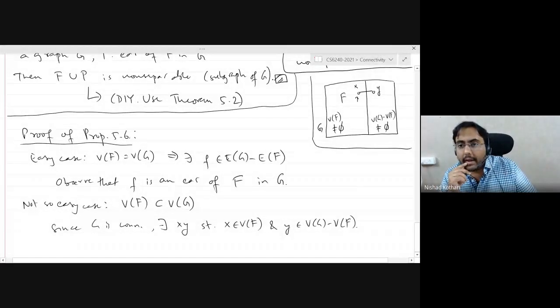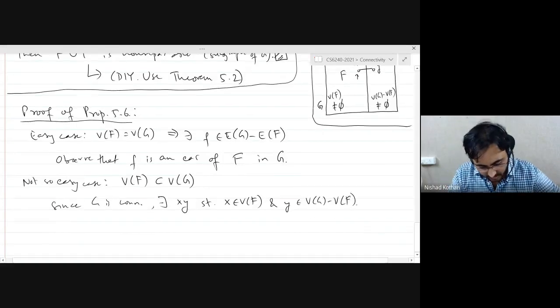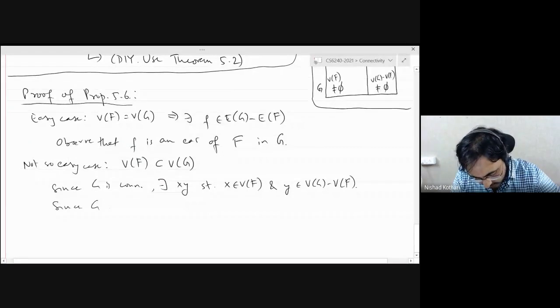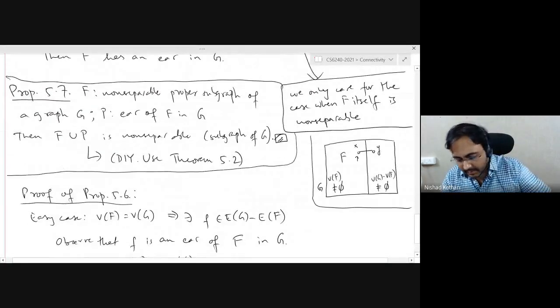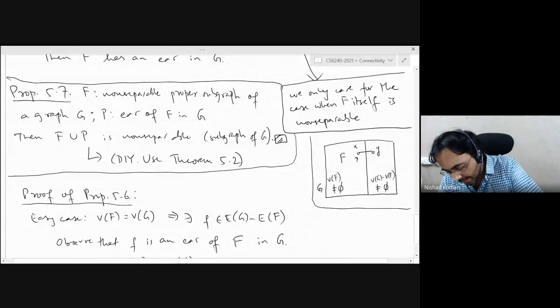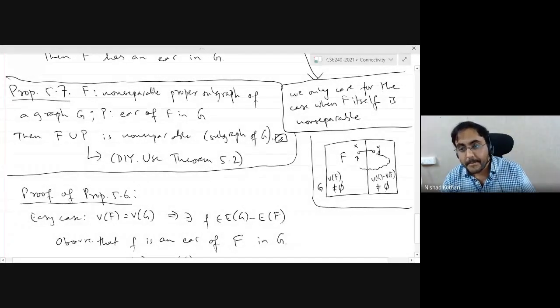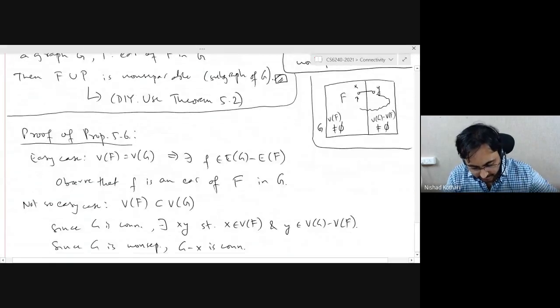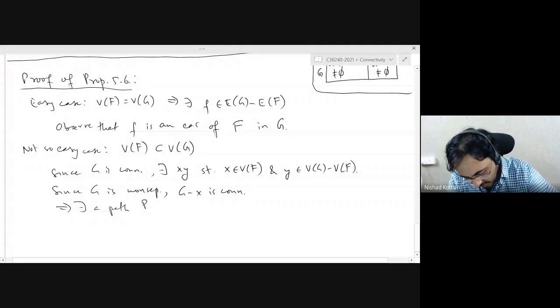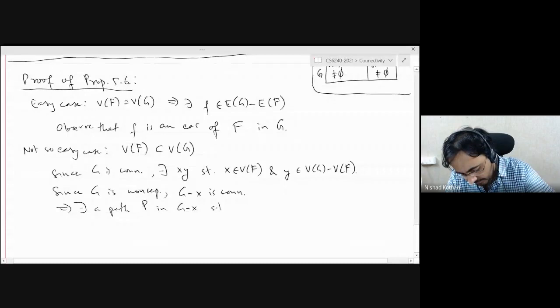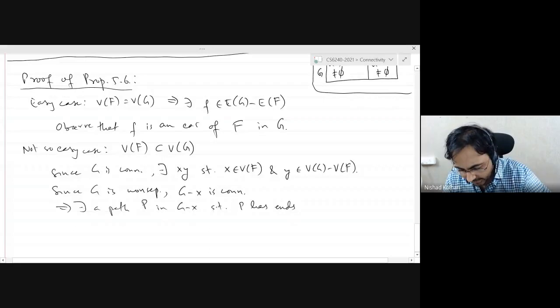And because this is a non-separable graph, the remaining graph will still be connected. Since G is non-separable, the graph G minus x is connected. What that means is that I can go from y back to this part of the graph. Which means that there exists a path P in G minus x such that y is one of the ends of the path,